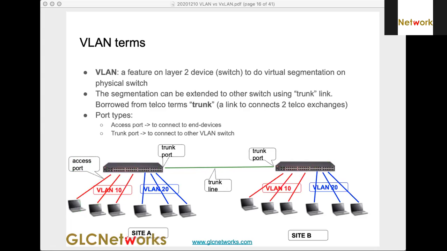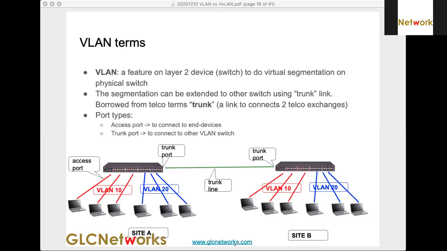It's called trunk. So in VLAN we have two kinds of ports, trunk port and access port. But in the implementation, for example, we can combine an access port and a trunk port.